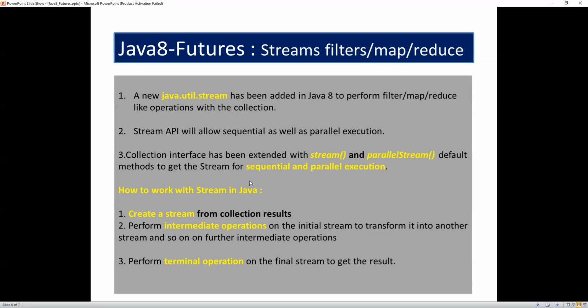Collections are created as objects which are cacheable, and are designed based on some data structures. But streams do not have any data structures. Streams are simple functions which work on the collection data. So we can manipulate the data in a better way, with better performance and better results, based on some conditions by using streams.